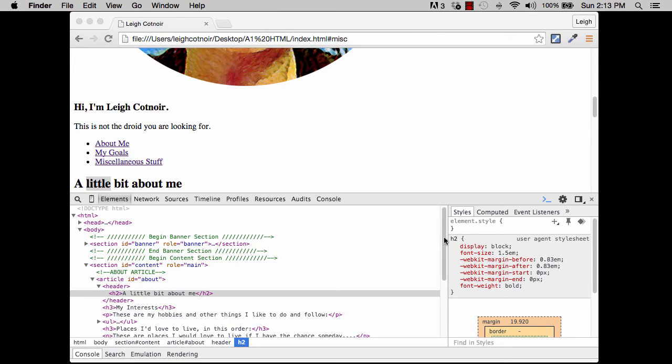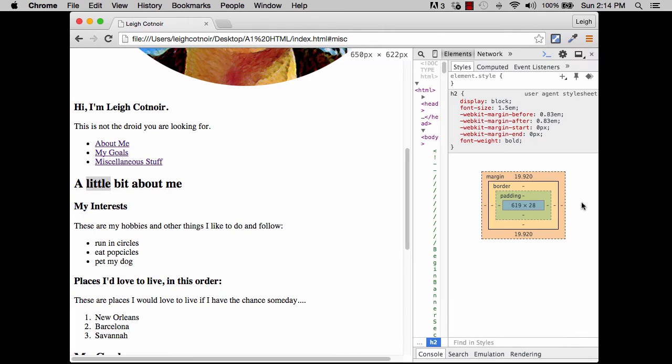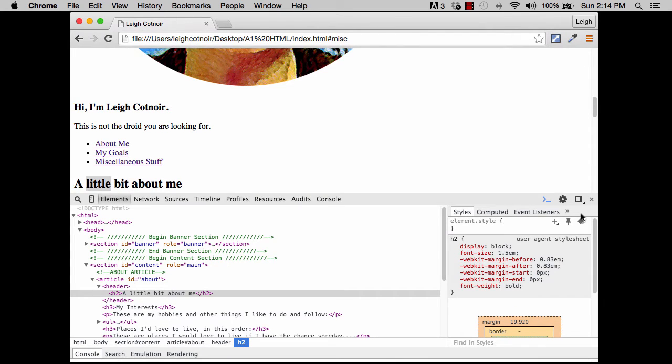And if you want to orient this the way that I have mine oriented, there should be a little box over here that looks sort of like a sideline. If you want to make it go to the right, you can click that. If you want to make it go to the bottom, you click bottom. All right. If you want to make it go into a new window, you can click and hold and